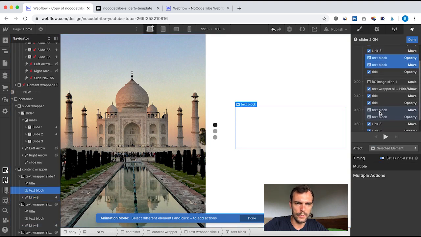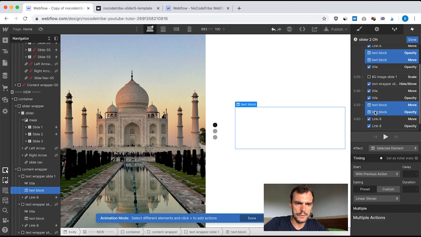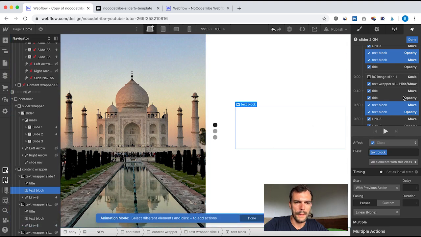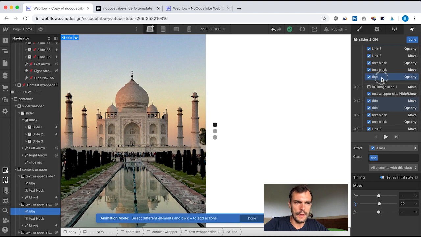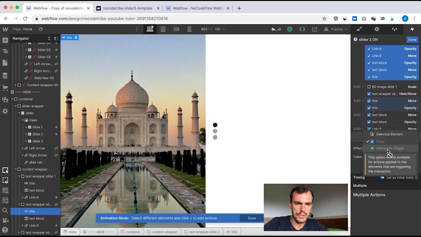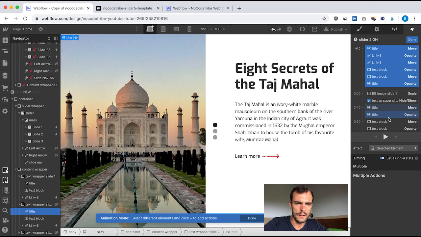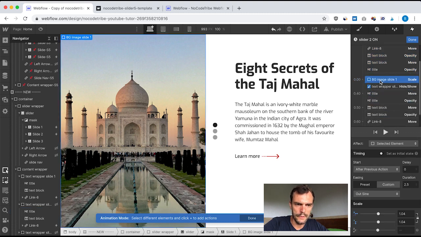I select all those text blocks, right click, change target, and I select my new text block here from the text wrapper slide 2. Okay, as you can see now, they switch from selected elements to class, so I have to select all those elements as well, switch to selected elements,